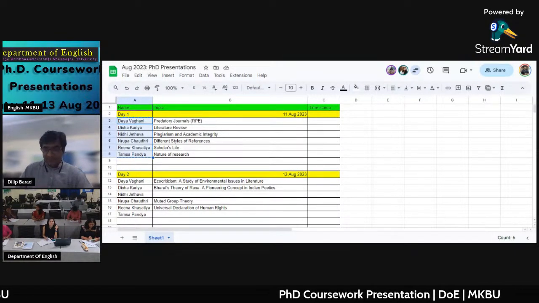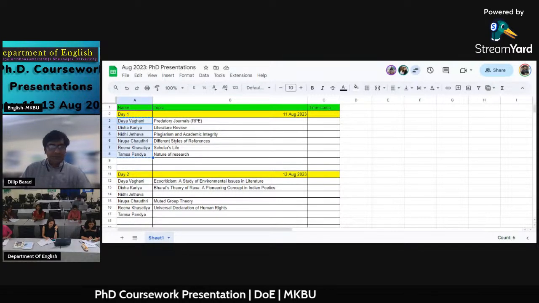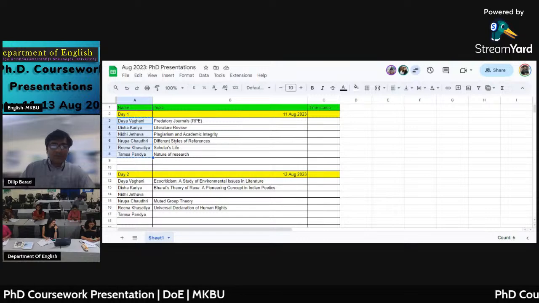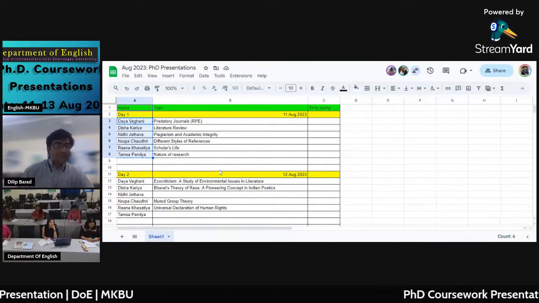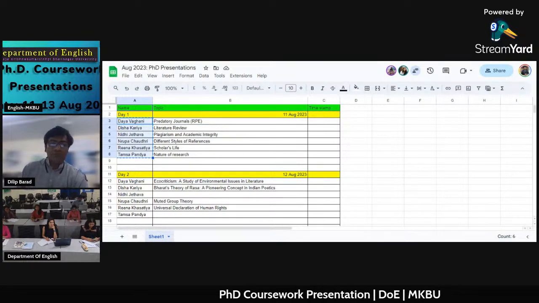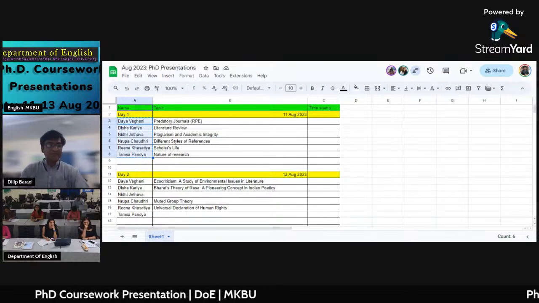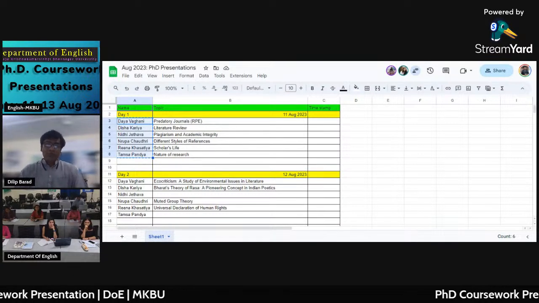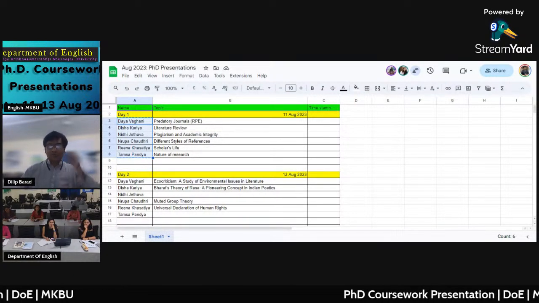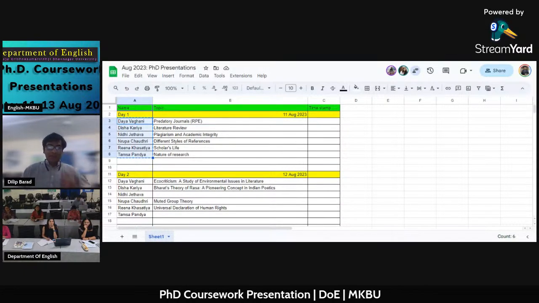Then the second presentation will be by Disha Kariya on literature review, followed by Nidhi Jethava on plagiarism and academic integrity. Nrupa will make the next presentation on different styles of references.